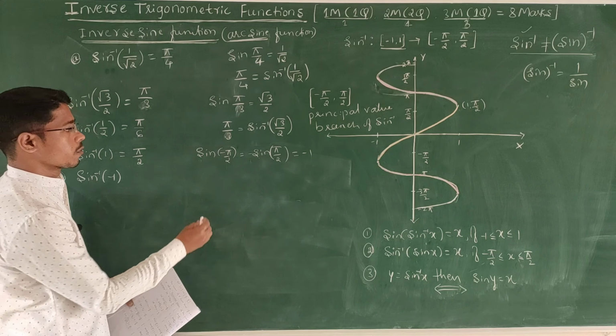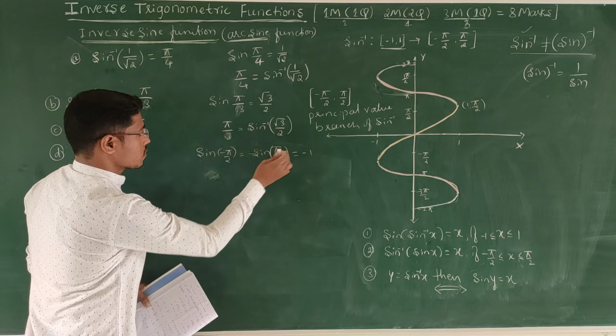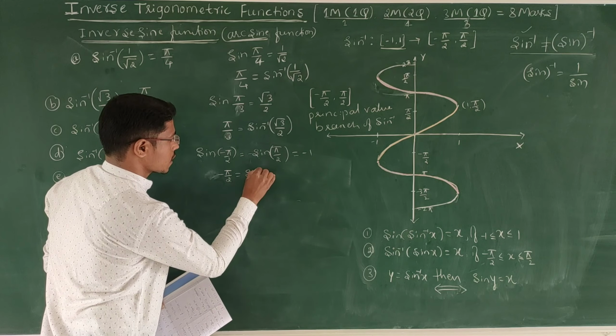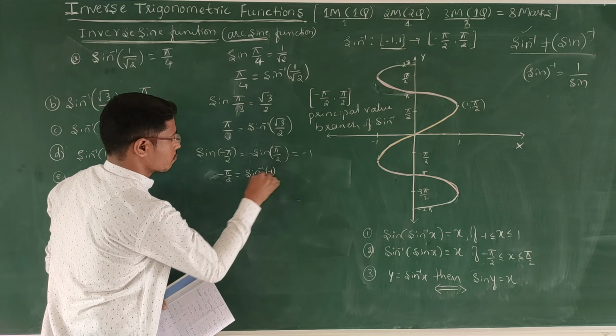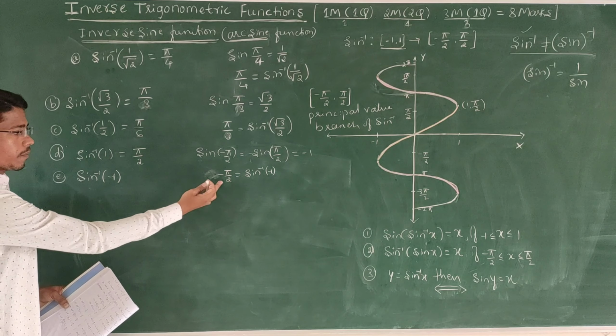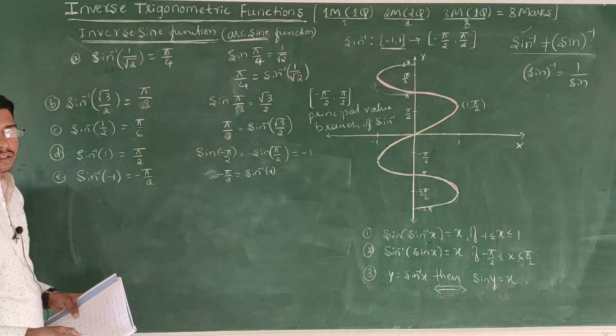Therefore, take sine to this side, minus pi by 2 equal to sine inverse of minus 1. So what is the value of sine inverse of minus 1? Minus pi divided by 2. Okay, then